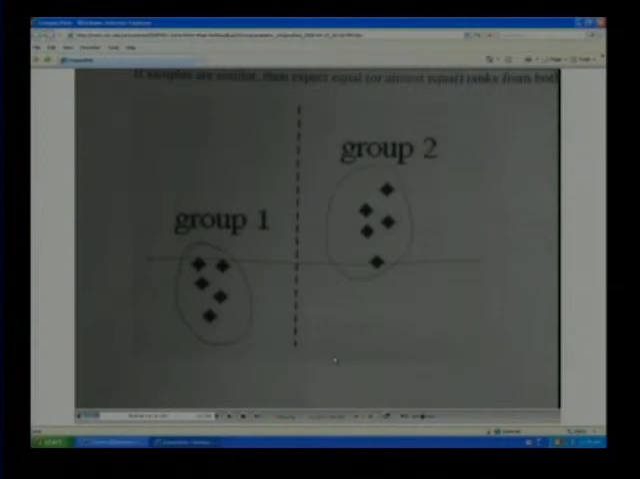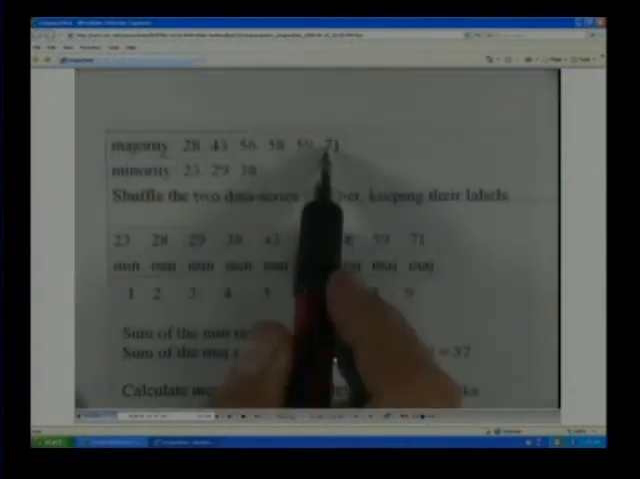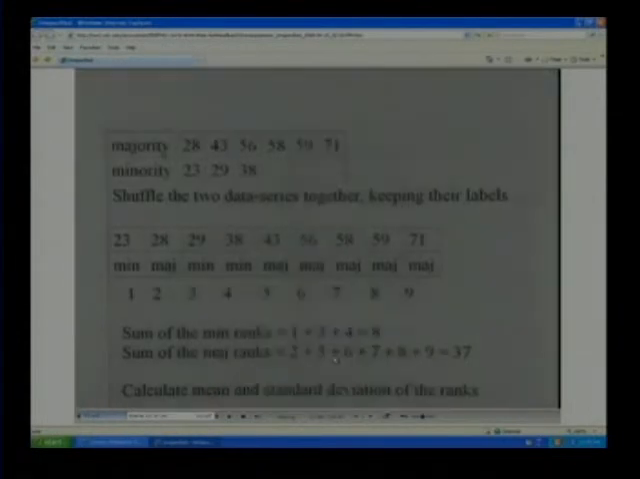So let's look at some data. We have 3 in this group and 5, 6 in this group. We put the groups together. We want to keep up with which group they came from. That'll be important to us. But we go through. Here's a